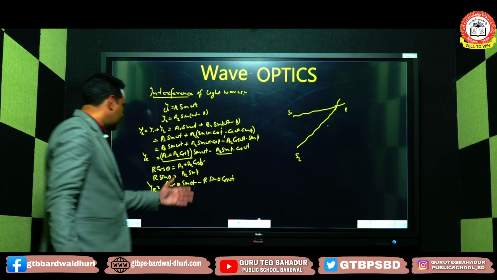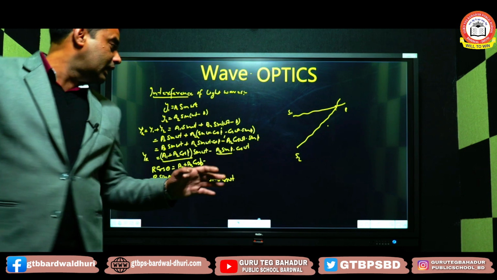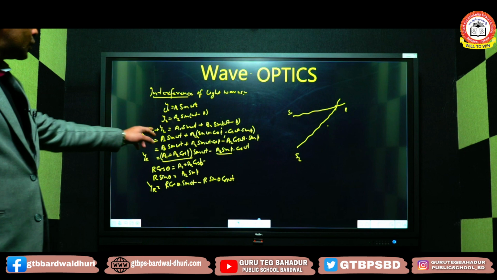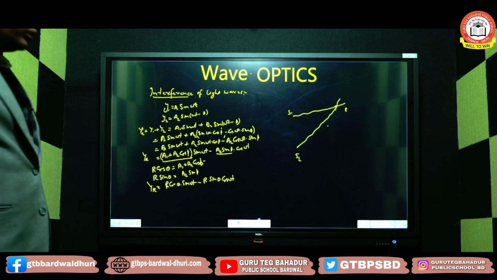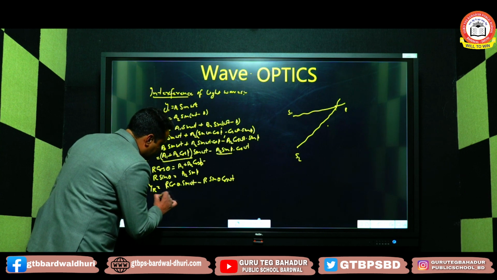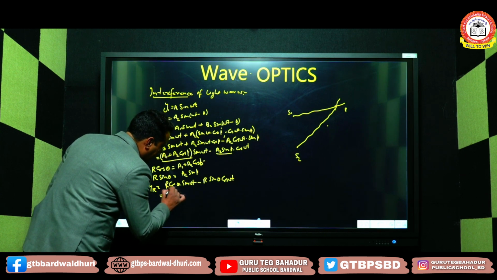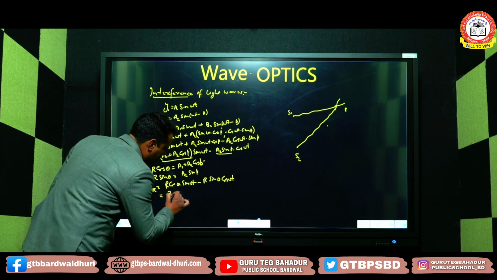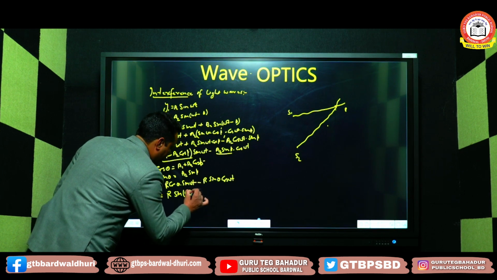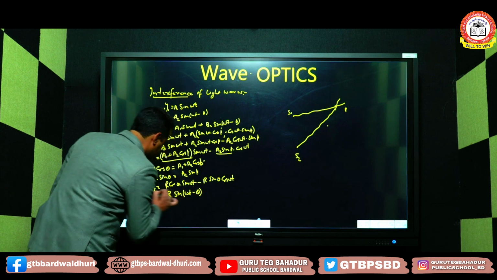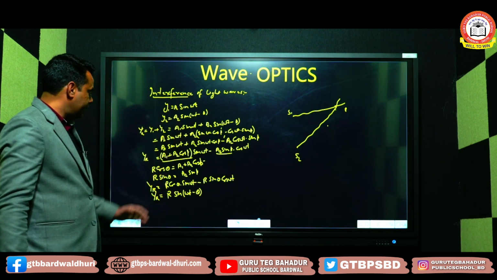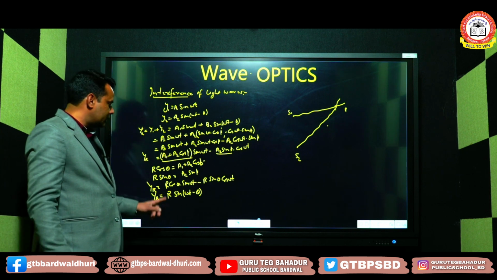Now my dear children, r can be taken out as a common factor, and we are having sin omega t cos theta minus cos omega t sin theta, and you know very well that this is our common simple trigonometrical identity. R can be written as it is, and it will be equal to sin(omega t minus theta). This is, my dear children, the resultant displacement at point P, and we have written it in the standard wave equation.